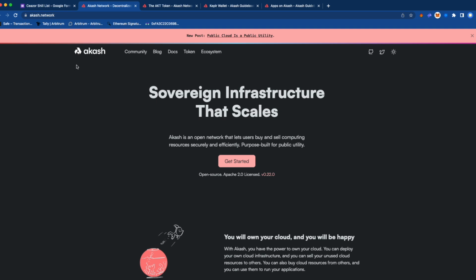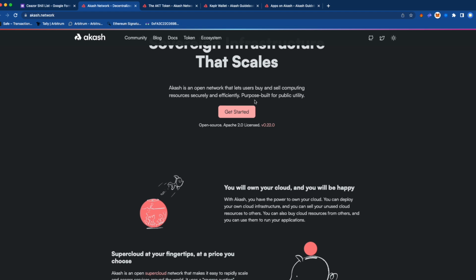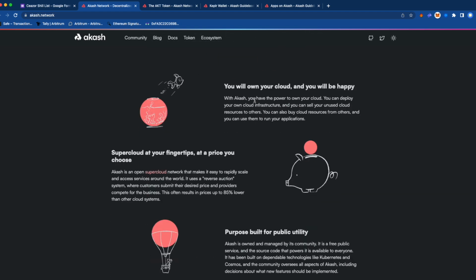Today I'm just going to take a quick look at Akash network. Now this is something that's kind of outside of my expertise. It's not really DeFi, and it's for devs mostly. I do my best to use a flowchart to kind of go through and explain to you some of the options here, but I will mention that the